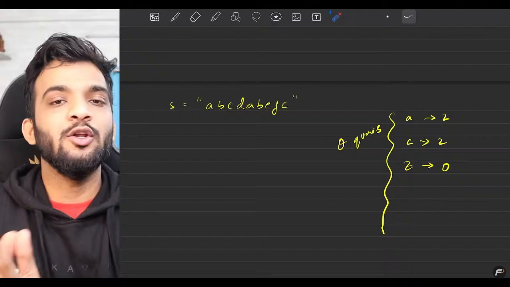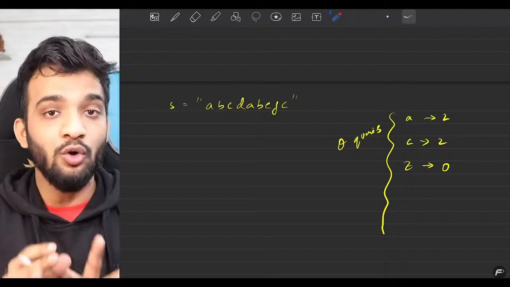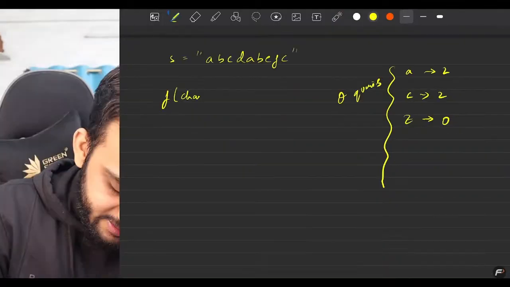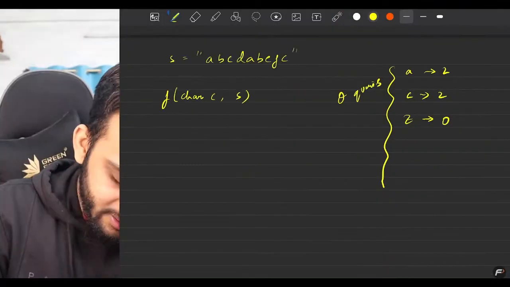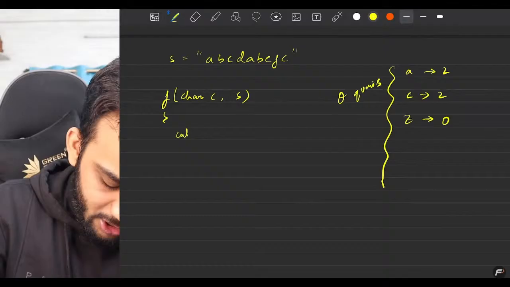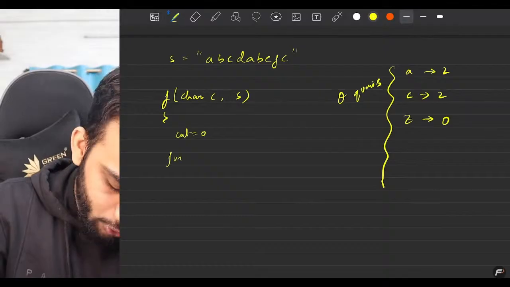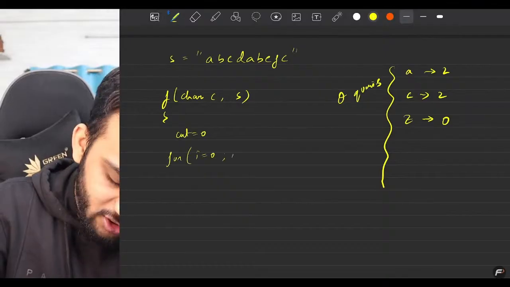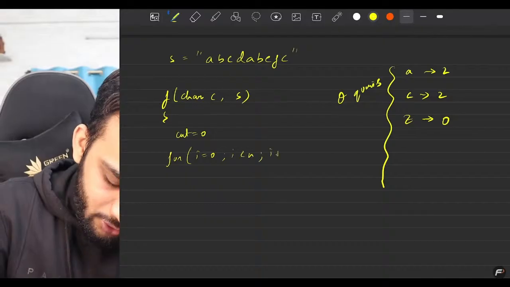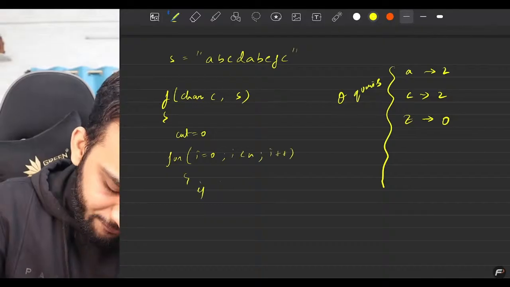If I have to write the pseudocode, this is how it will look. You take the character C and the string S, and you keep a counter 0. Now you go through the string, I equal to 0. Imagine the size of the string is n. You go till that and you say if S of I